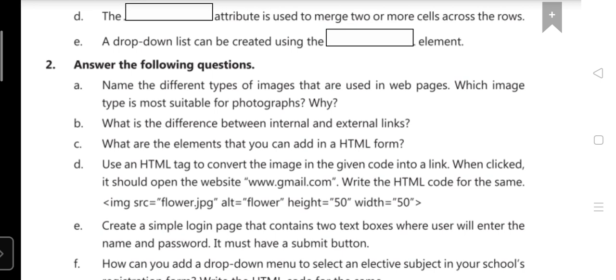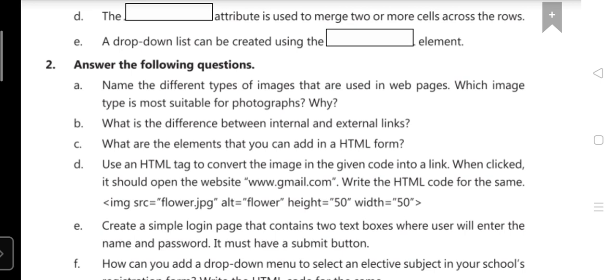One tag is already given for the image, that is the img src. Now what should you do whenever you click on the image? Href is a tag or a tag? Yes, a tag you have to use. Href is an attribute of a tag.